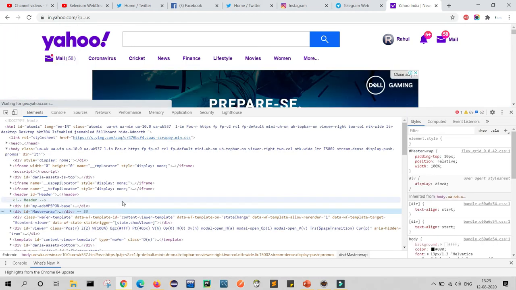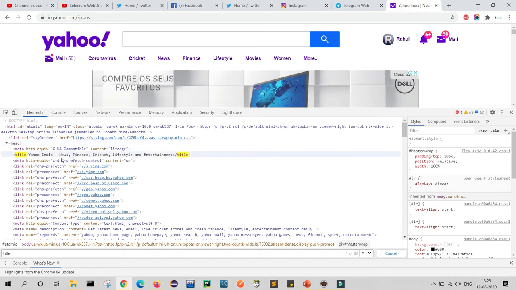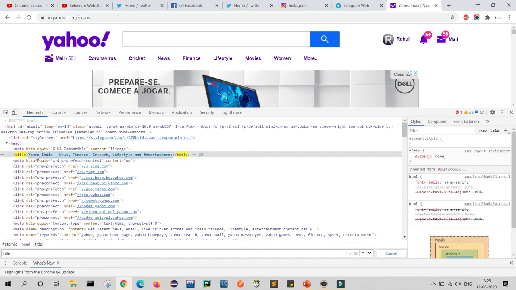Once you inspect, press Ctrl F and type title. You can find the title name. So just copy this title name, because this is your expected title.